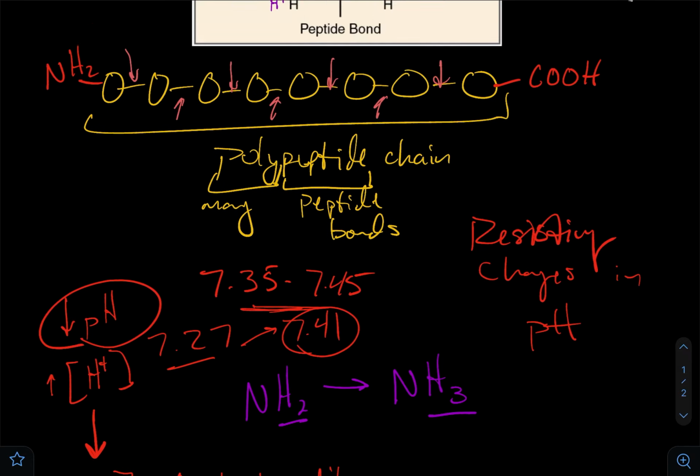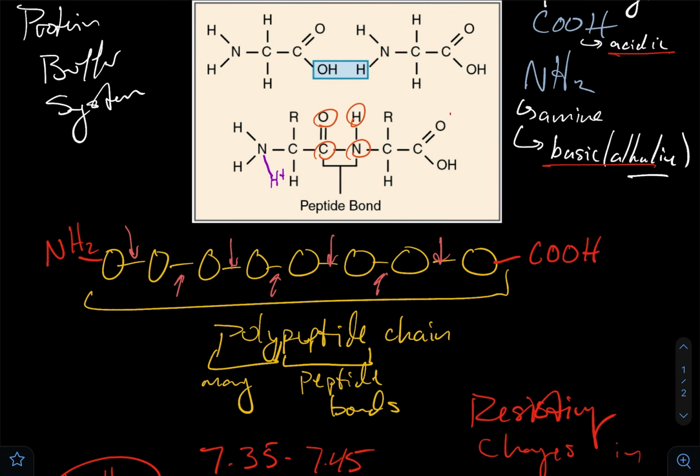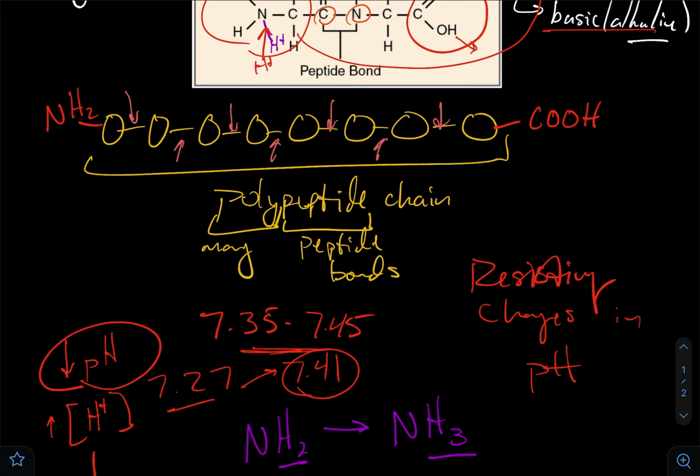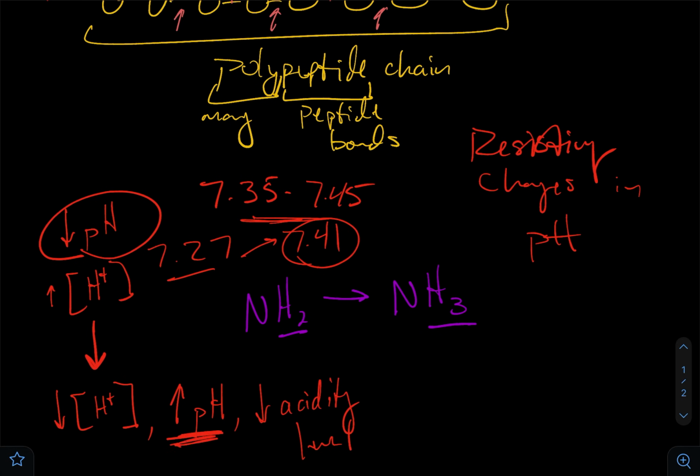And our protein buffer system is one example because we have a carboxyl end on one end that's acting slightly acidic to donate hydrogens, and then we have this amino group here which is acting slightly basic to bind hydrogens to it and thus reduce their concentration in solution, thus bringing up the pH as we saw right here, and thus bringing our pH and our acid level of our blood